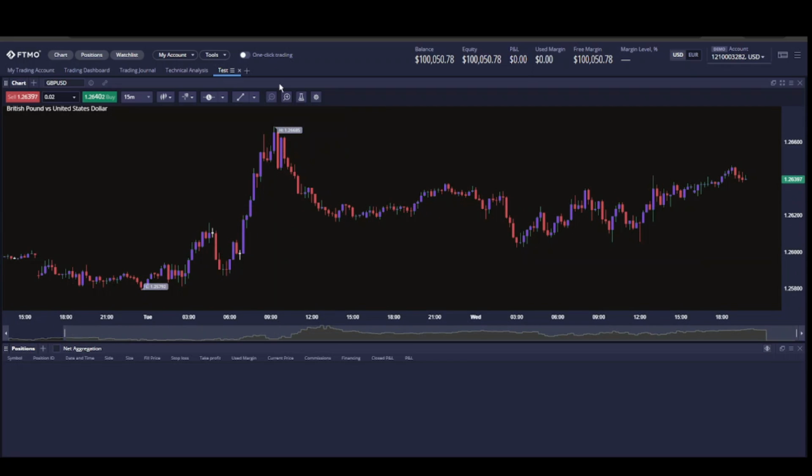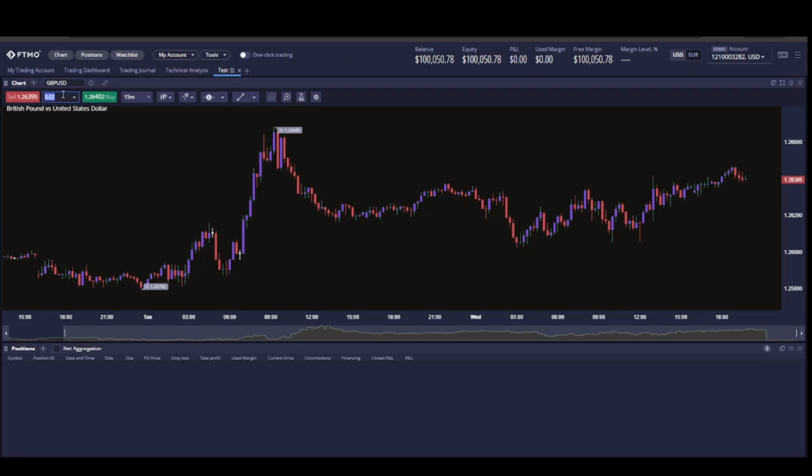So let's take a look at how we can execute trades, what is one-click trading, how to move around a stop loss, how to do a partial close. All those things we're gonna talk about, and we'll take an example for each scenario. Currently one-click trading is turned off, so every time you enter a trade, it will ask for confirmation. Here's an example.